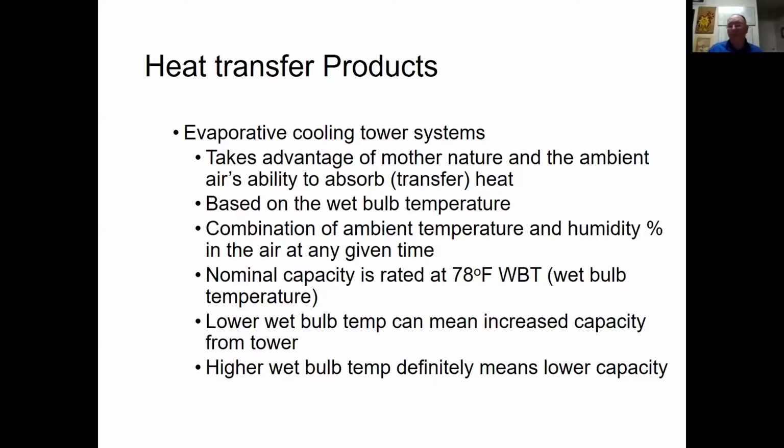78-degree wet bulb temperature. And that wet bulb temperature is important because the tower cell works on a 7-degree approach. Meaning at 78-degree wet bulb, you're going to get 85-degree water out of the cell if you have 95-degree water entering, in other words, a 10-degree delta T. That said, you'll have 85-degree water or less 98% of the hours in a year,